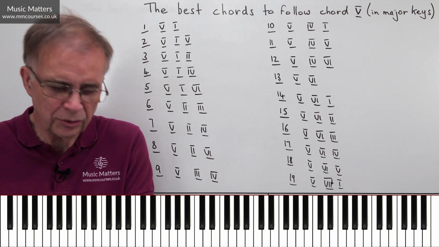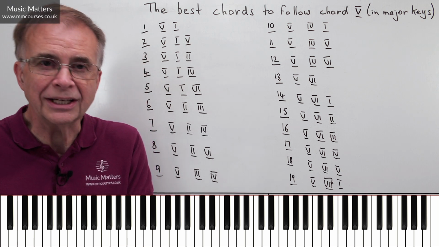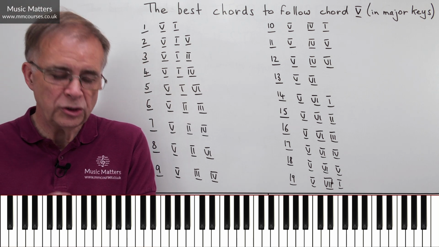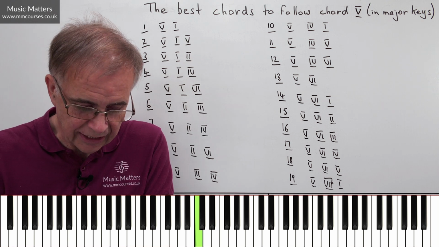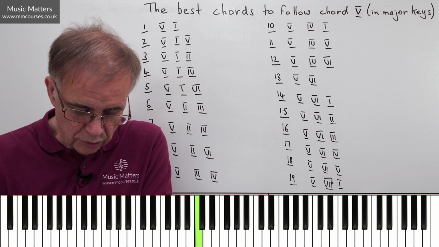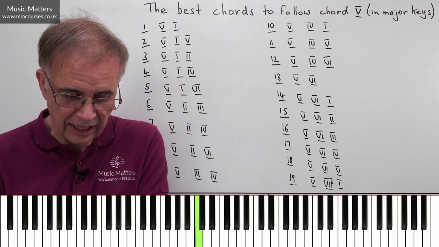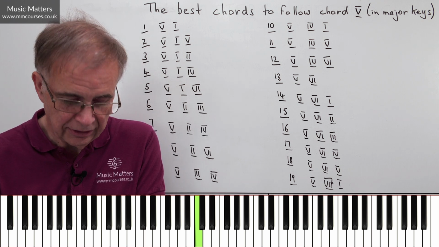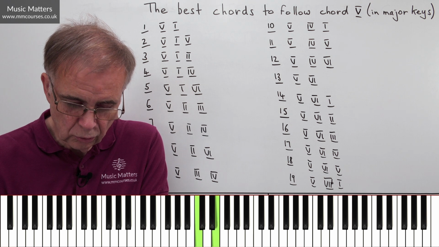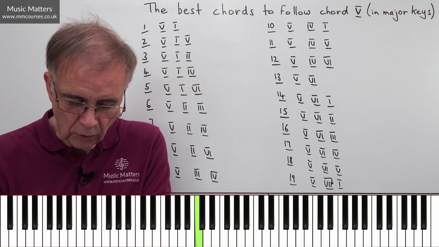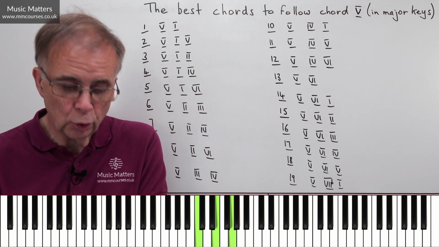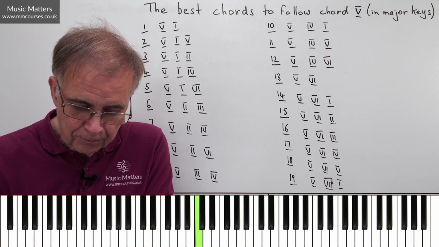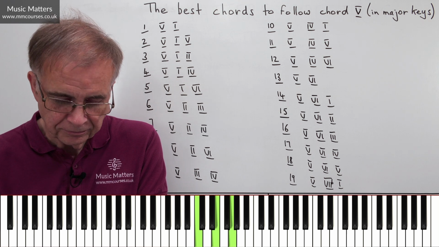Now, when we want to turn the notes of the scale into chords, we treat the given note, in this case the first note of the scale, as what we call the root. And we add above that note a third and a fifth. So 1, 2, 3, that's E. 1, 2, 3, 4, 5, that's G. So chord 1 is C, E, G.